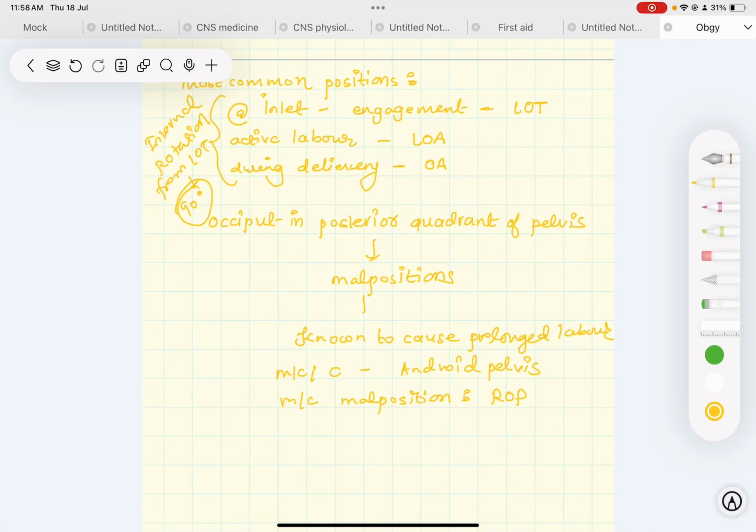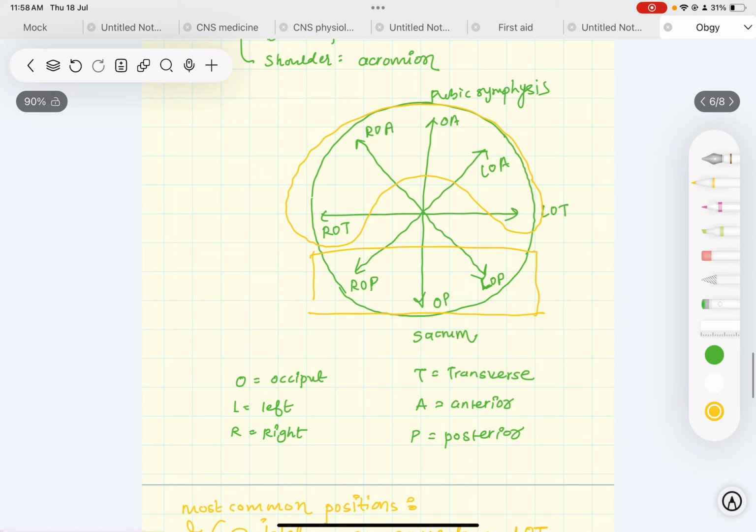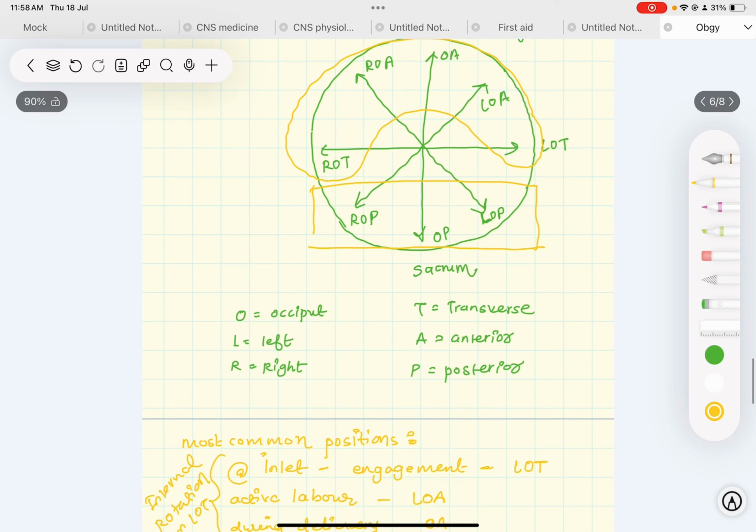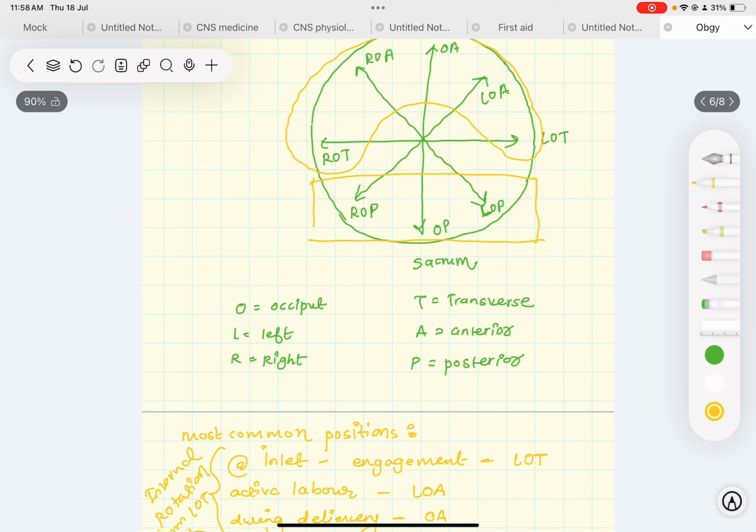Hey guys, so we are in the middle of learning about malposition. What is malposition? If the occiput is in the posterior quadrant of the pelvis that I have drawn in the diagram, if it is ROP, OP or LOP, meaning the posterior quadrant of the pelvis, then it is called malposition. While all the anterior ones are the normal ones, and actually LOT is the most common position that we have seen